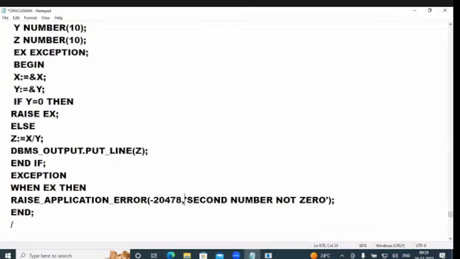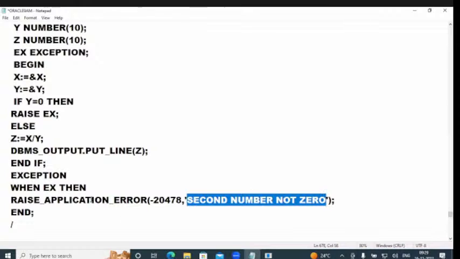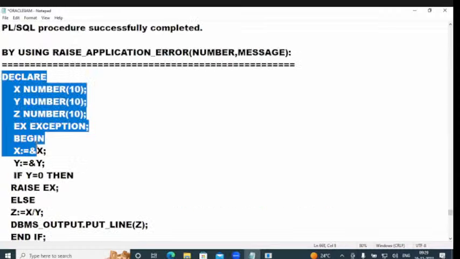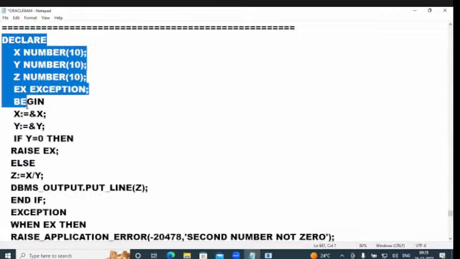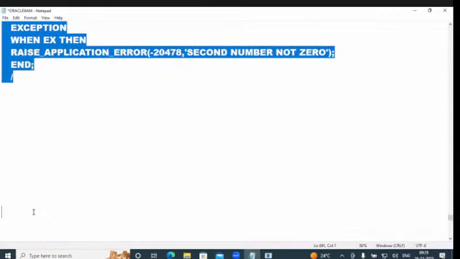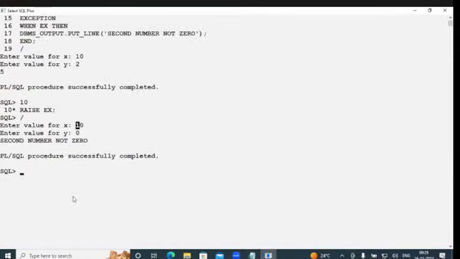So you can give a user defined exception number from minus 20,001 to minus 20,999. In between that range, you can give any user defined number, and this is the message. So I'm passing some number and message, but whether it is handled or not, you can check. So when I come back and see here,